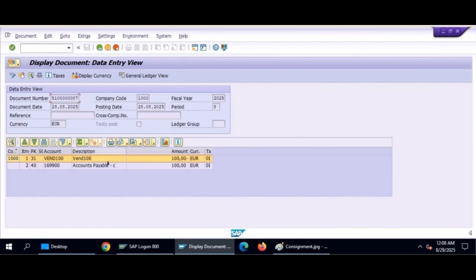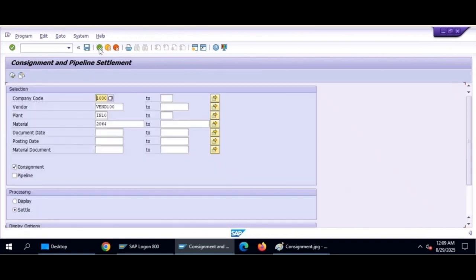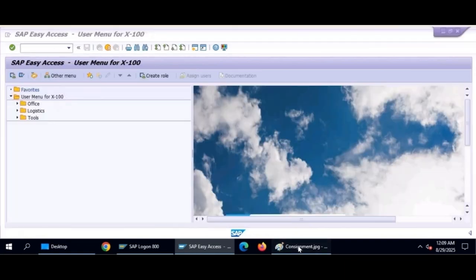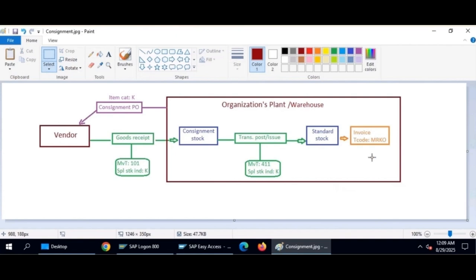These are the accounting entries. So here the vendor account is credited and the consignment account payable account is debited. During the transfer posting, this consignment account payable account was credited. So now here it is debited. So we have completed the invoice processing, and here the consignment procurement cycle